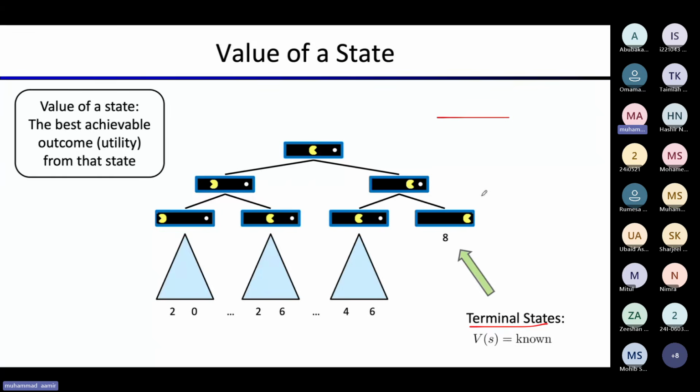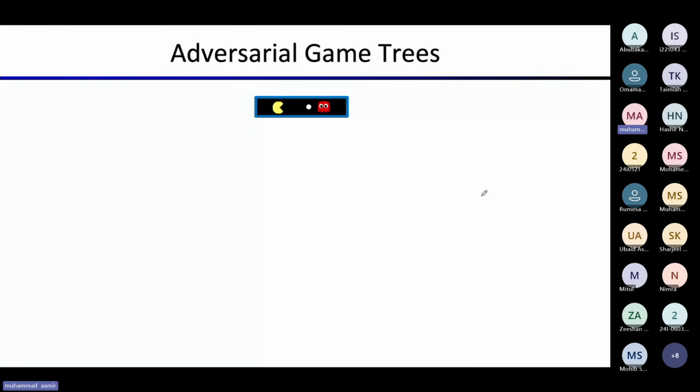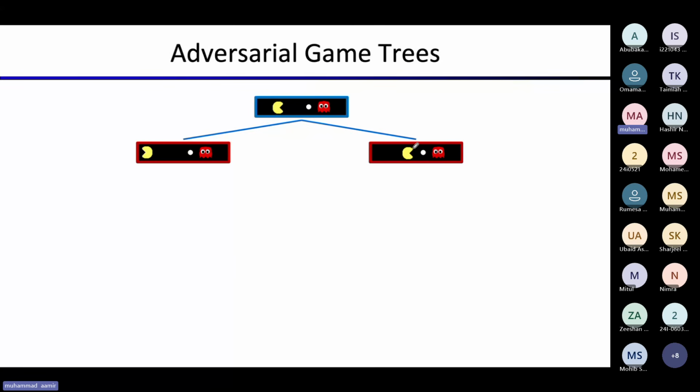Now, interestingly, when we move towards the two-player game, the tree is kind of similar, but the moves in the tree change a little bit. So this is the initial state, or the start state of the game board, and you are getting started. What are the options that Pac-Man has from this state? The two possible options: either move to the left side or move towards the right side. And in the next step,